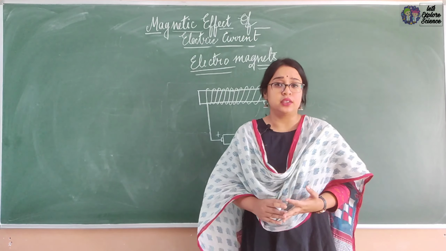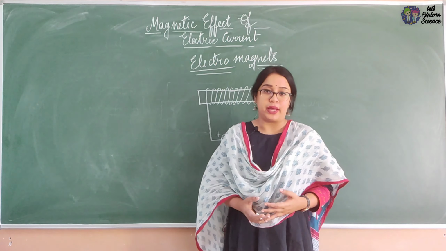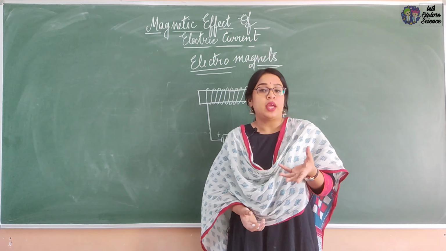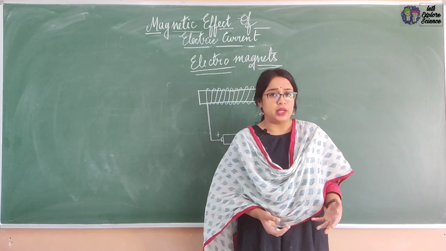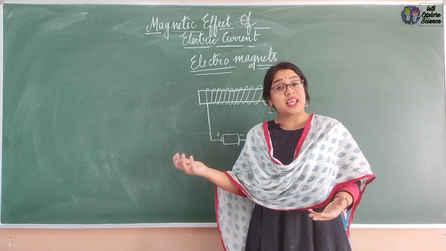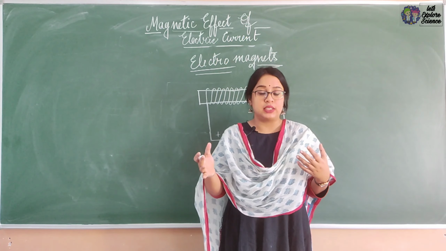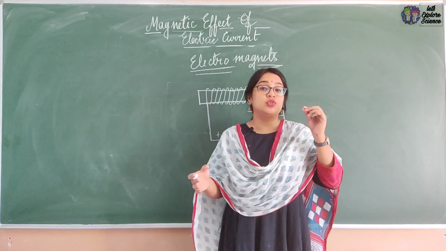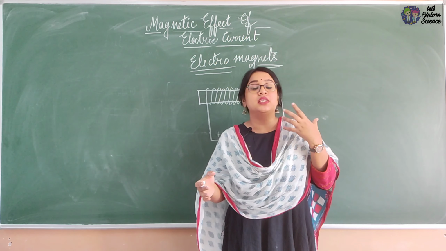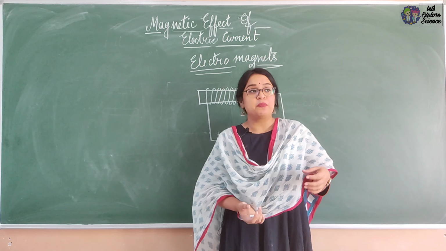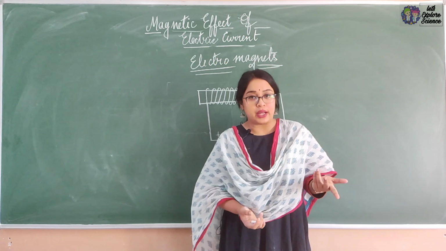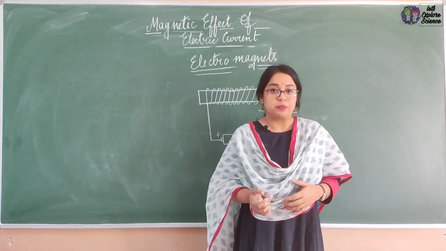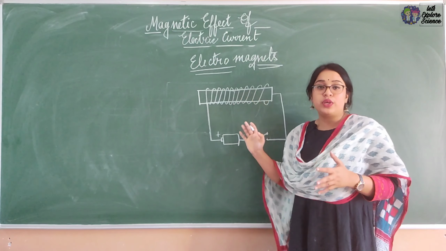Now what are electromagnets and how do they differ from normal magnets? See, we know that magnets have the capacity to attract objects made up of iron, nickel and cobalt. Electromagnets also have the same capability, but the difference is, in the case of an electromagnet we can switch on and switch off the magnetic property of that substance. Whenever we want, we can convert it into a magnet, and whenever we want, we can bring it back into the original substance.